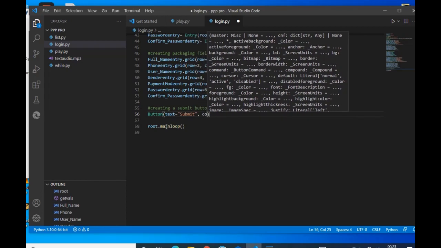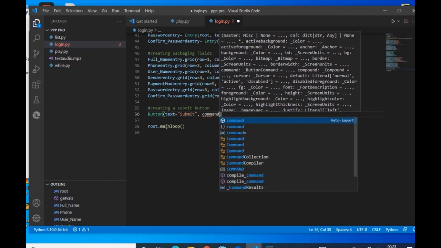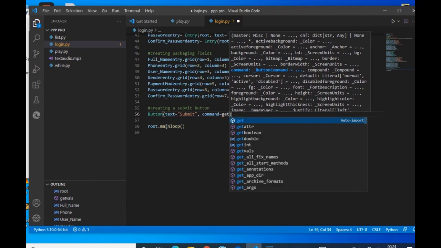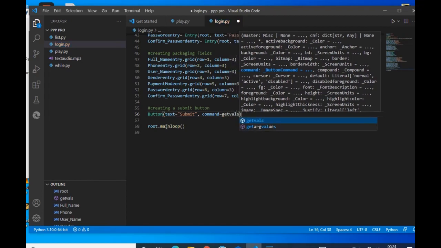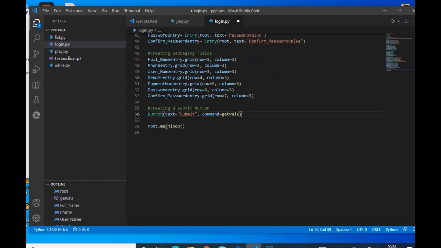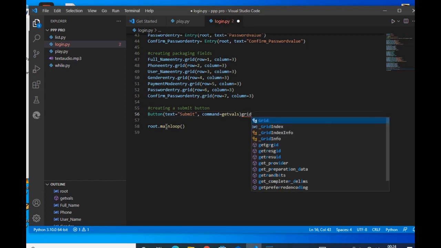So command, here we have to say command is equal to get vals. So after you've gotten vals and we close it, then we say we want to pack it. We have to package it there. We say dot grid